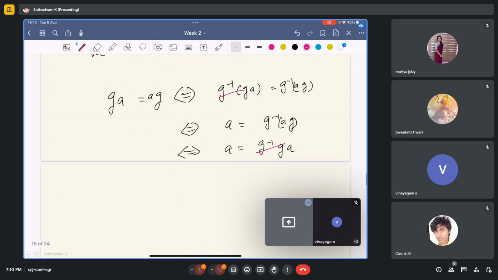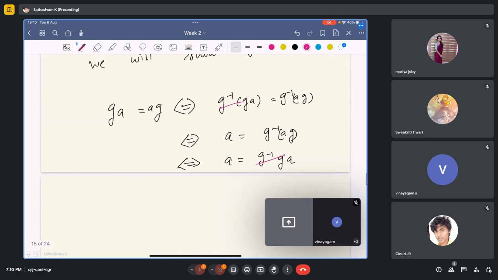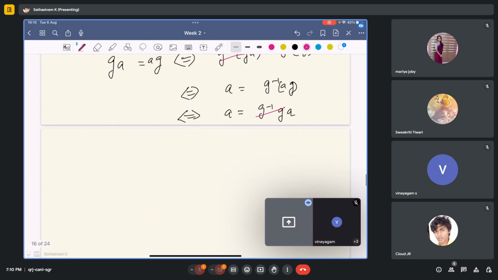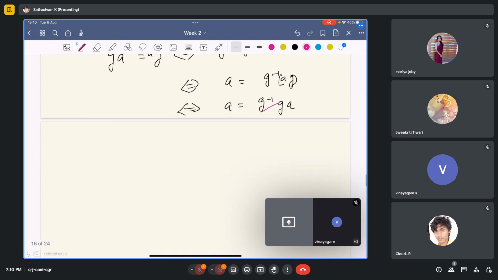So what does this tell you? This is not what I want, right? No, this is not what I want. If you cancel it out, what it tells you is just A equals A, right? But that is not what you want. Okay, so